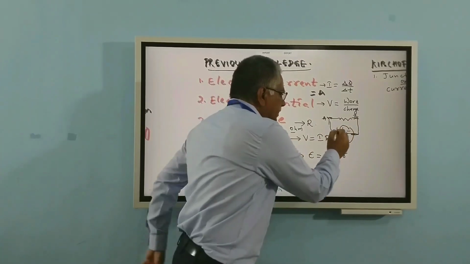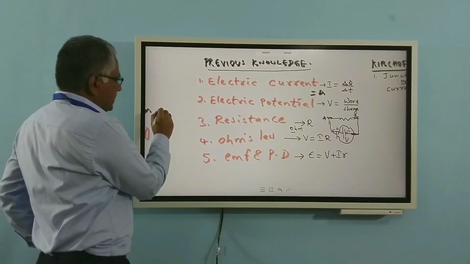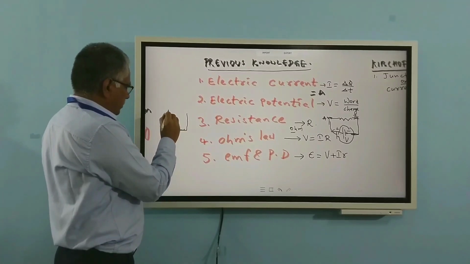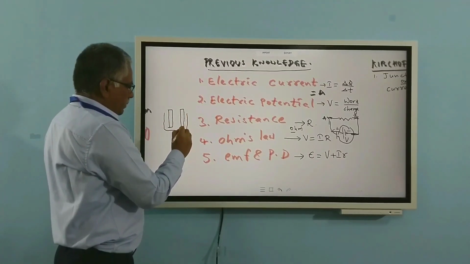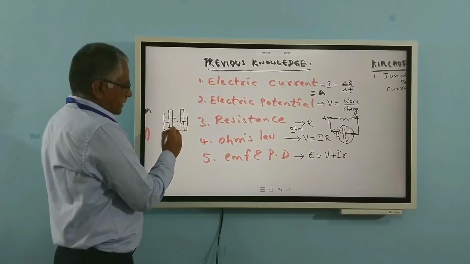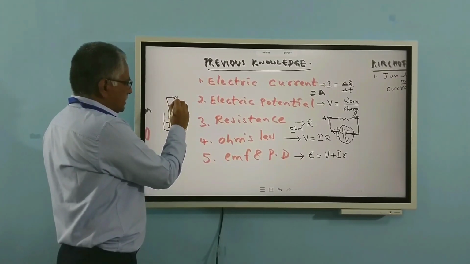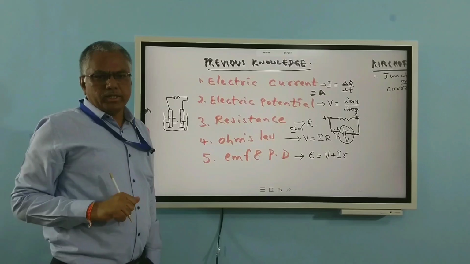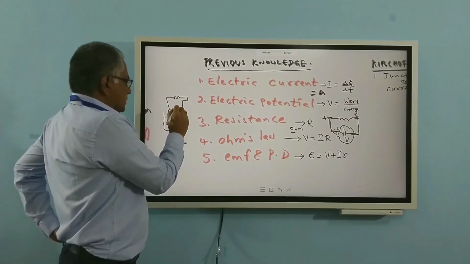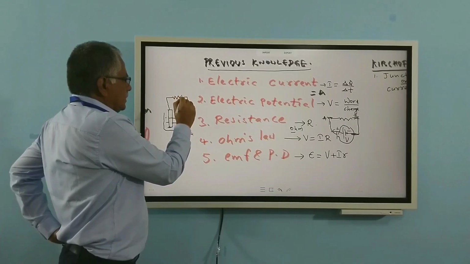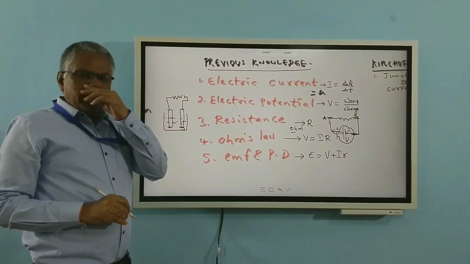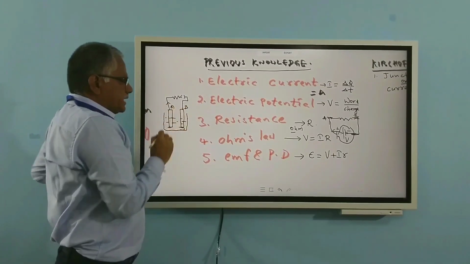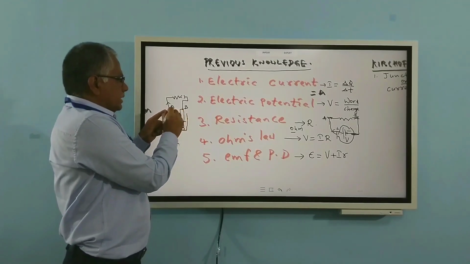These two are different. Here, one more example I will give you. Suppose let us take an electrolytic cell, where electrolyte is kept here. Now, it is connected to a resistor, the same circuit here, instead of the cell. Suppose when the switch is closed here, the electric current passes. This is the external circuit. Let us take point A, this is point B. There is potential difference between the two ends of the electrodes.